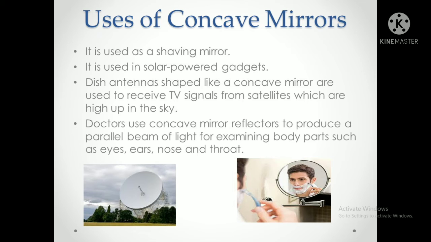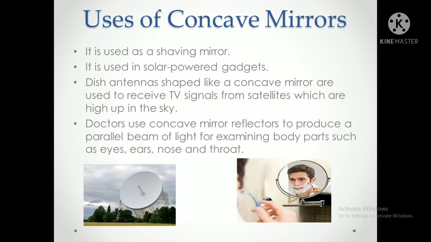So now I think it is very clear for you all. Whenever you go to the doctor, you can say, "Doctor, I know what type of mirror you are using." And if he asks, "What type of mirror am I using?" you say, "I know, that is a concave mirror." Okay. So always remember, you don't need to learn the uses by heart. You just put everything in its place. You just think, yes, this is a concave mirror. Use practical examples from your life, then it will be much easier for you to remember the uses.